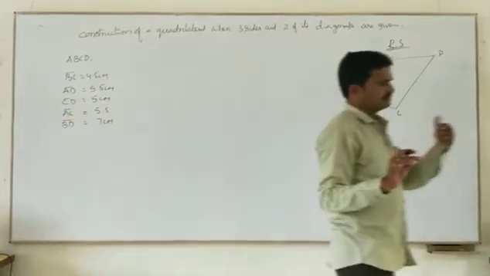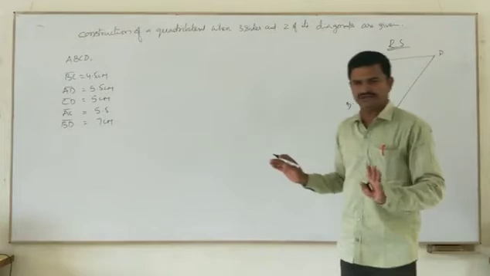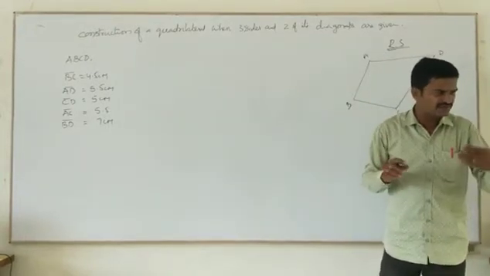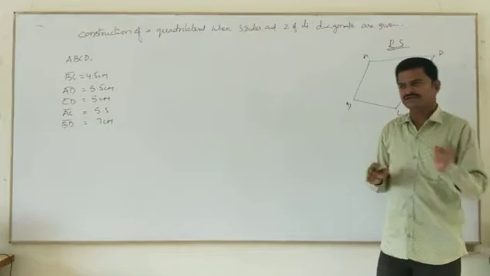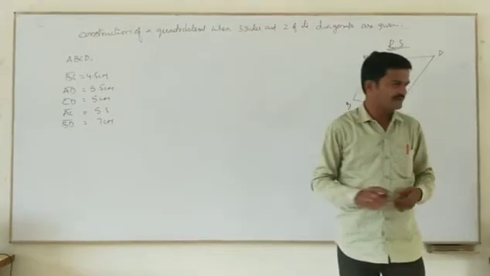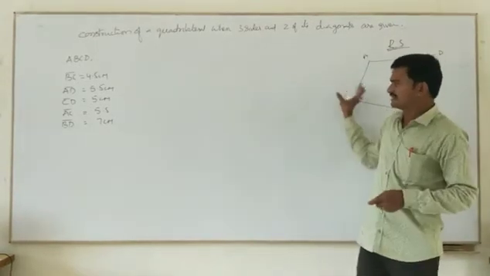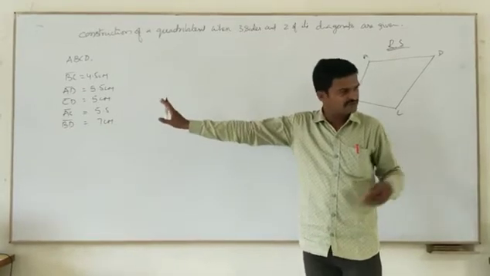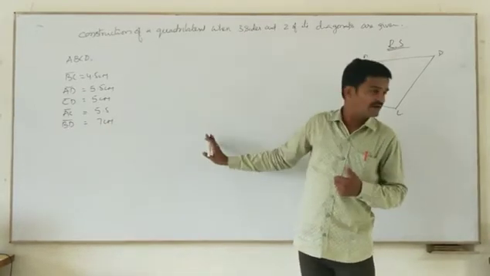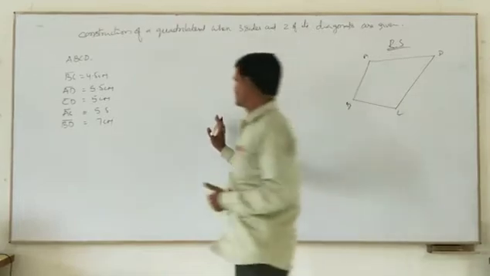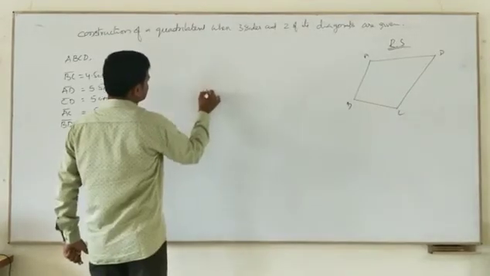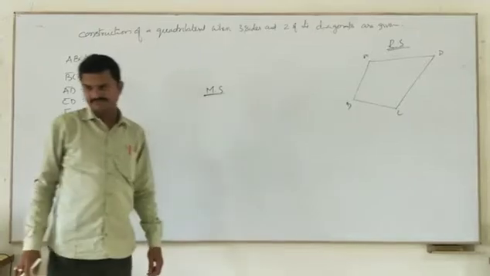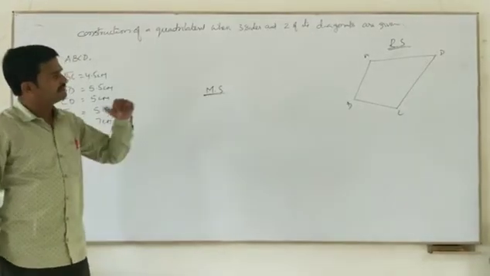Here you can take any one of the diagonals as the base. Let us check roughly; if it is not possible, go for another one. No problem. So this is the rough sketch, with the given measures. And now the main sketch, MS, we have to draw. So what is the diagram?